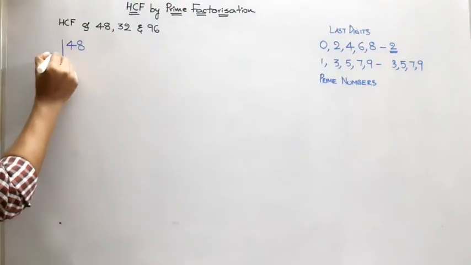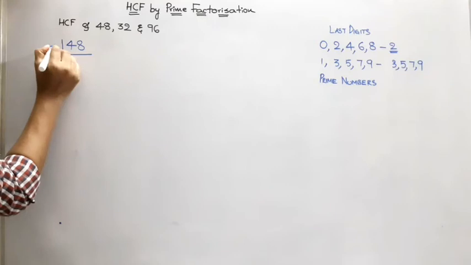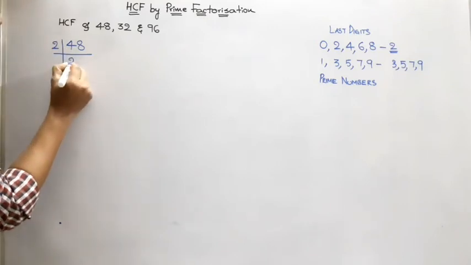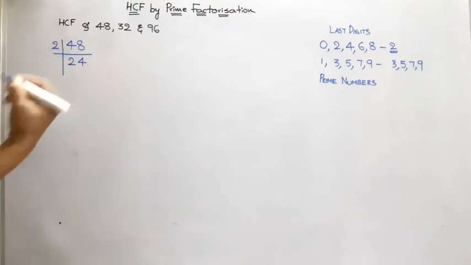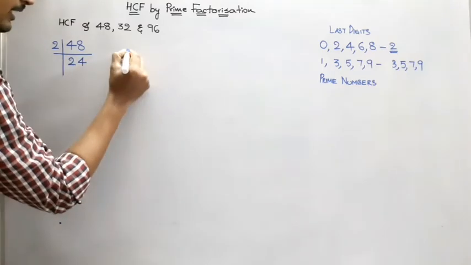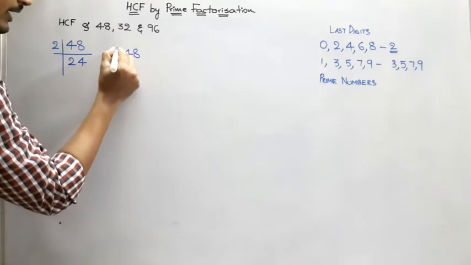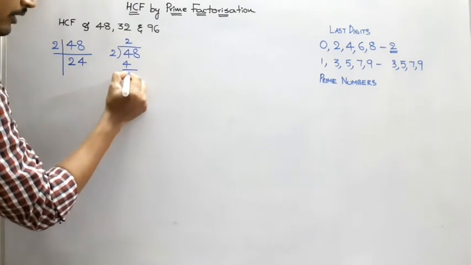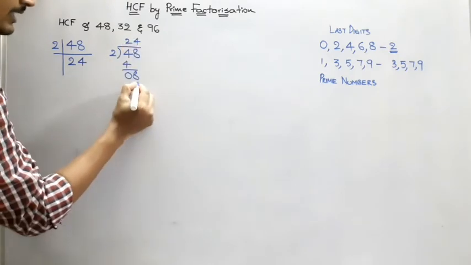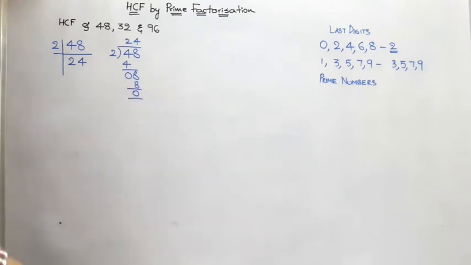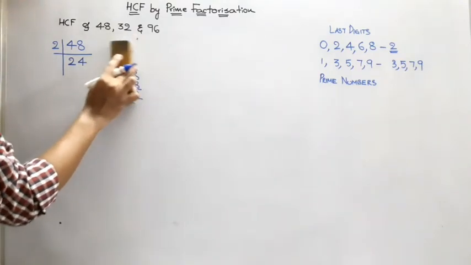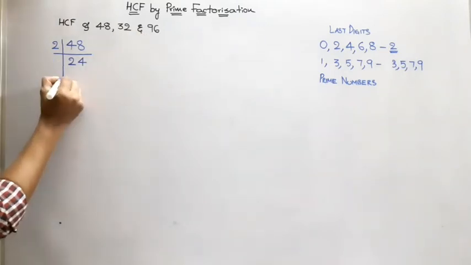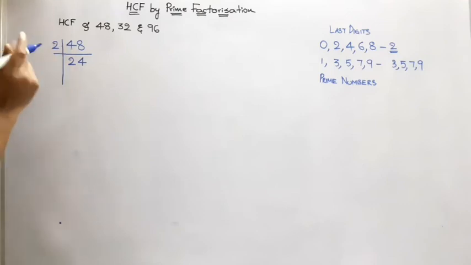So, as we did yesterday, 2 times how many is 48? We know 2 24s are 48, isn't it? So, if you get any confusion regarding this, you divide 48 with 2 in rough book. 2 2s are 4, 0, 8 will come, 2 4s are 8. Okay, this you can do in rough book. If you are quite familiar with calculations or my tables, you please carry on with it. So 2 24s are 48.